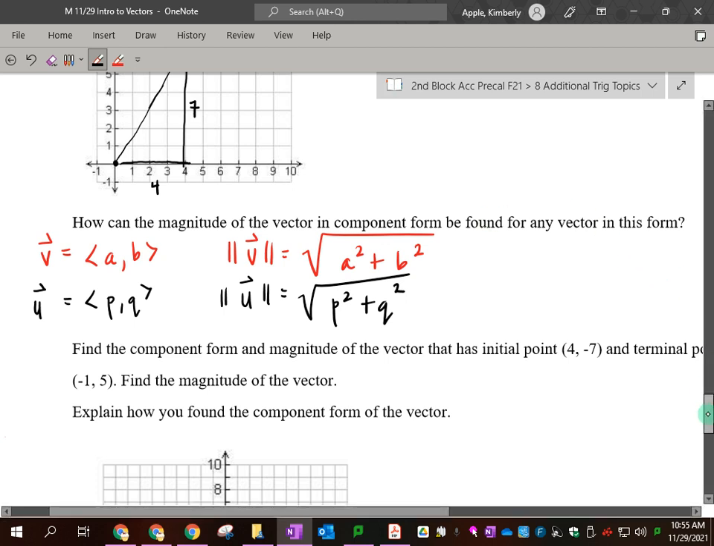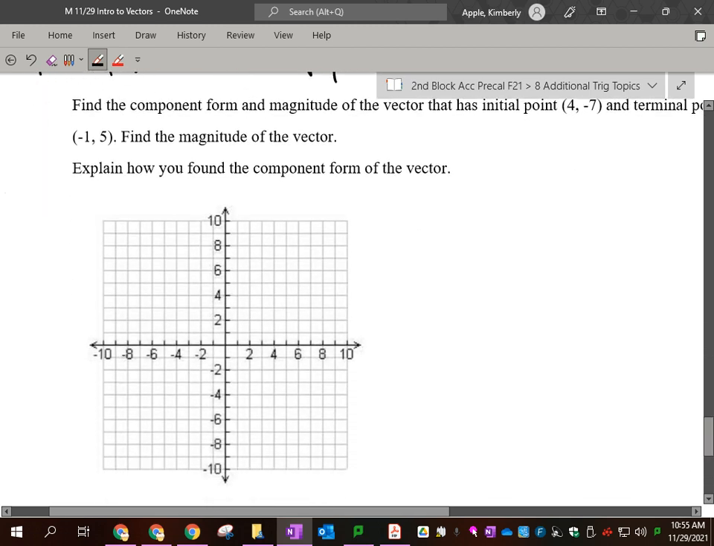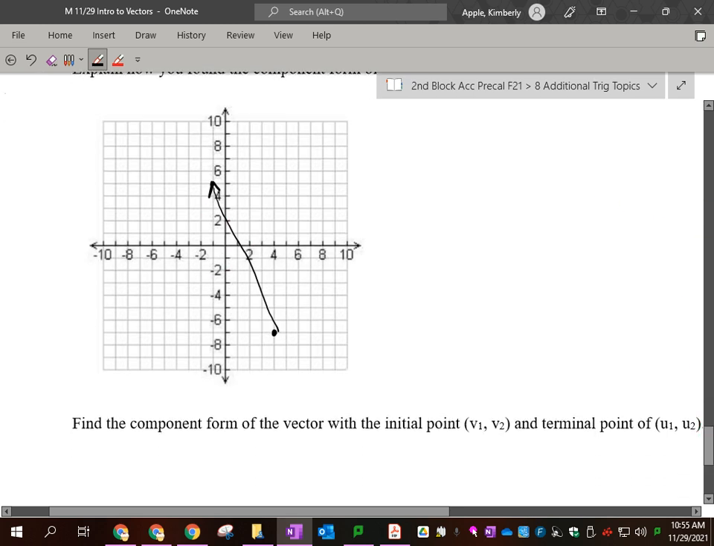All right, this is a nice one. Find the component form and magnitude of the vector that has initial point (4, -7). That's going to be about right here. And terminal point (-1, 5). So that's a vector that is ugly, but whatever. It's cool. All right, so if we go ahead and start off here,